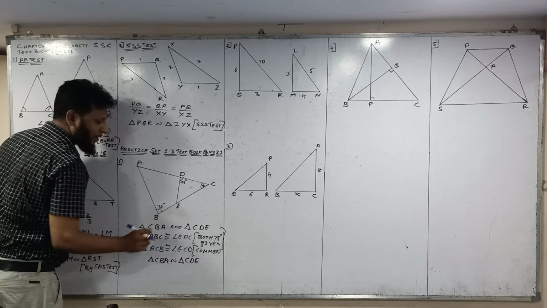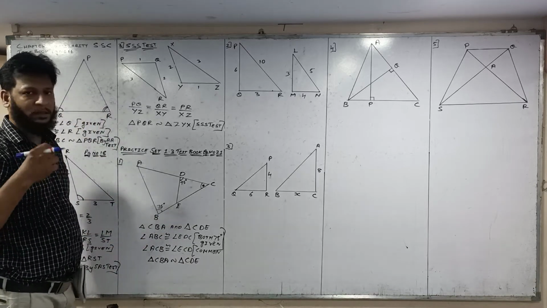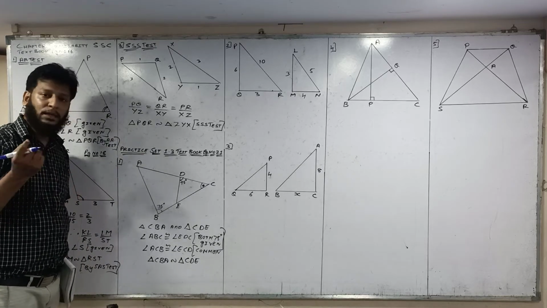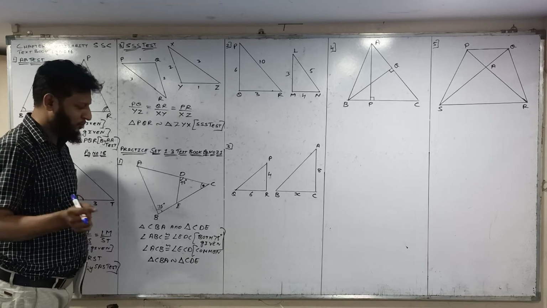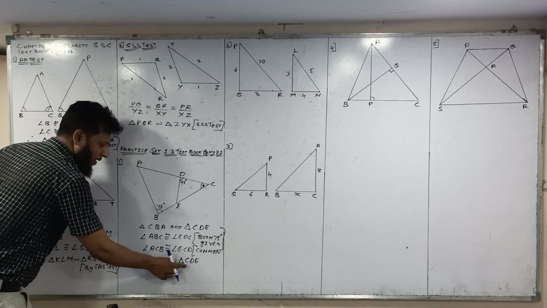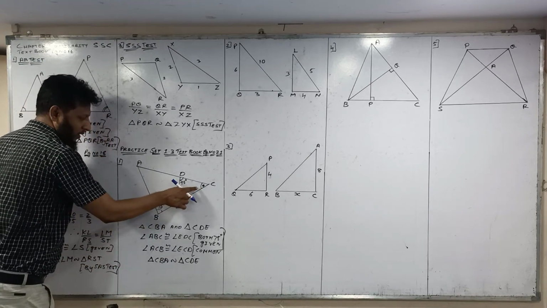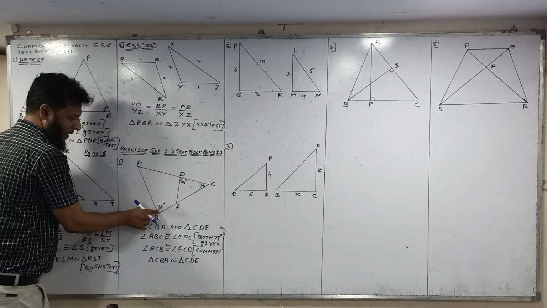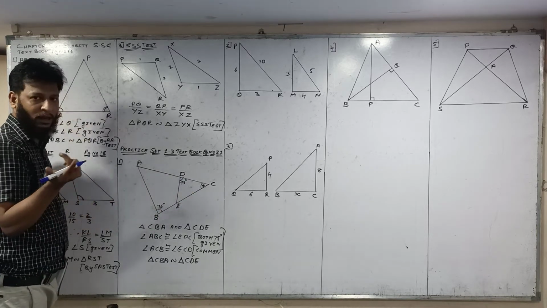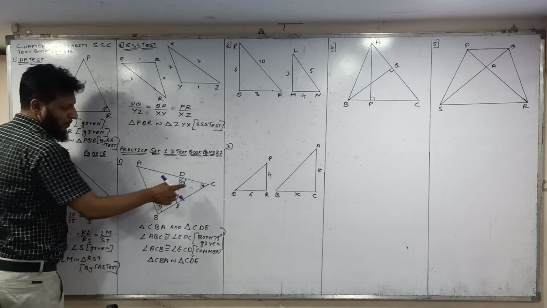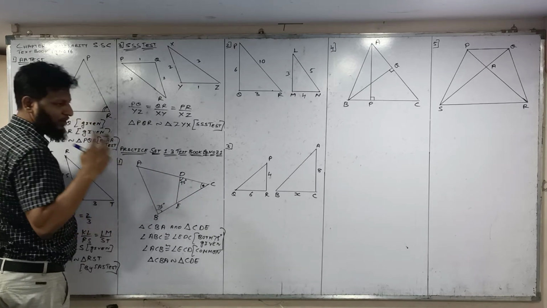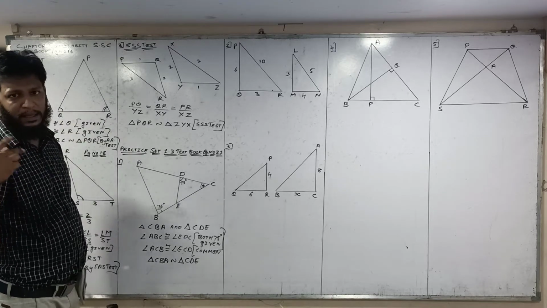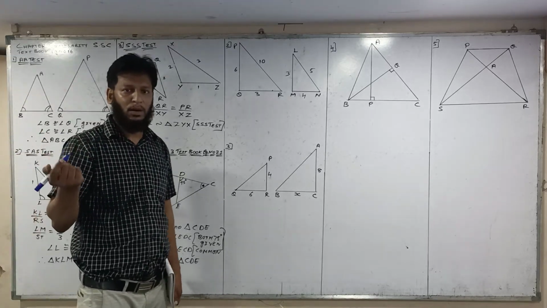Here you can write the name ABC or CBA, but from the start only take the name in proper correspondence to avoid confusion. So CBA is similar to C. C is the common angle, B is 75 degrees, and the third angle will be congruent to their third angles. C, then 75 degrees, D, and the third angle. Okay, so if two angles of a triangle are congruent, then the third angle will be congruent only.